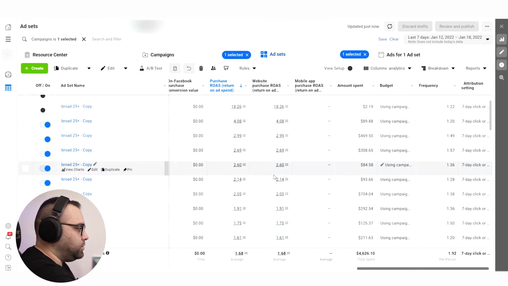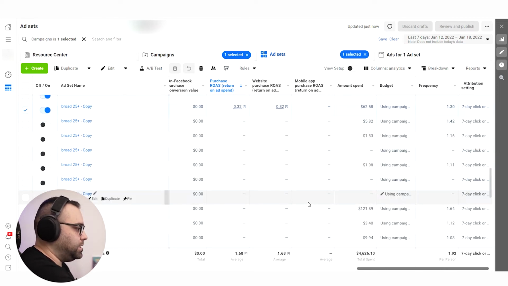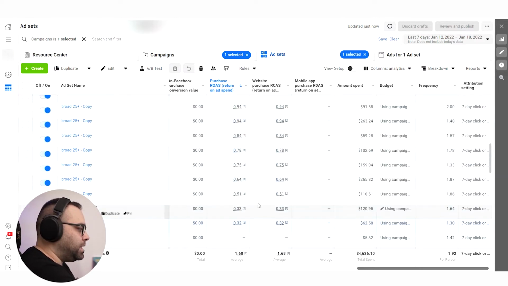So what I chose to do as a starting point is to close all the ad sets that have no sale and be left with the ad sets that have some sales. They have some chance of optimizing, okay? Because having a sale is very important because it's going to make Facebook, the algorithm, actually find another sale and another sale and another sale. So the way that I optimize is this.